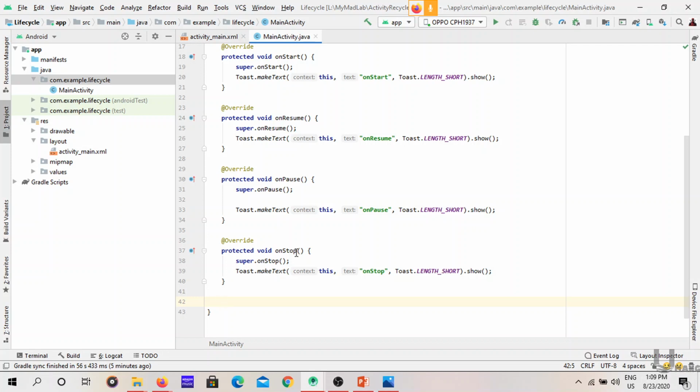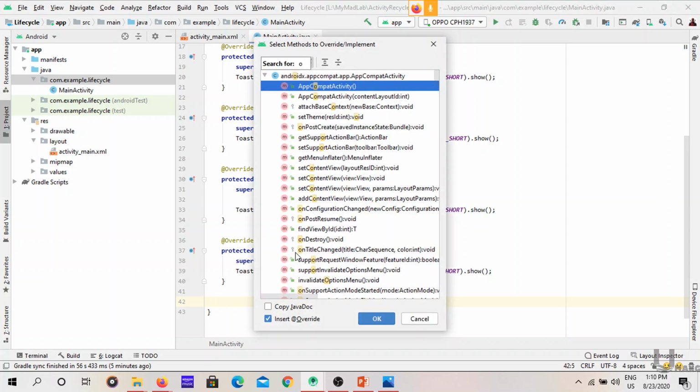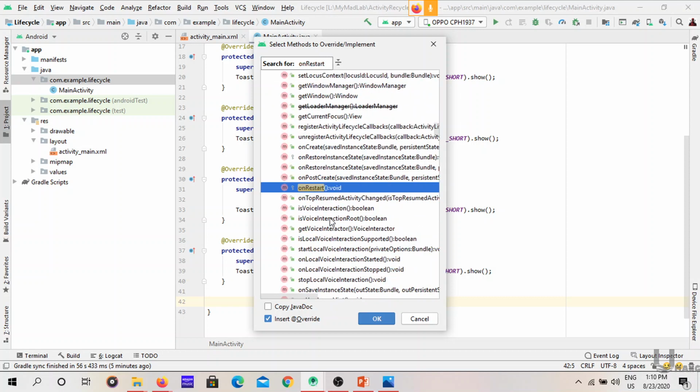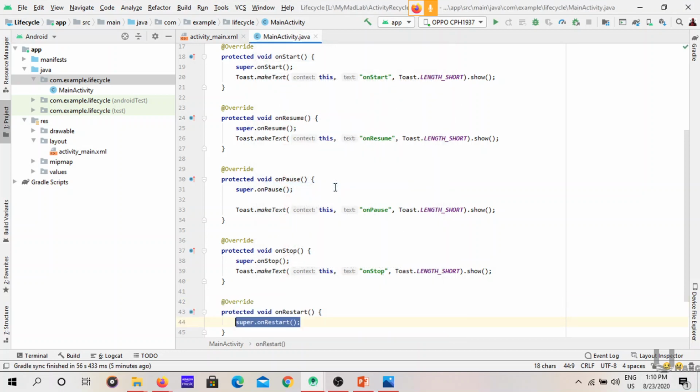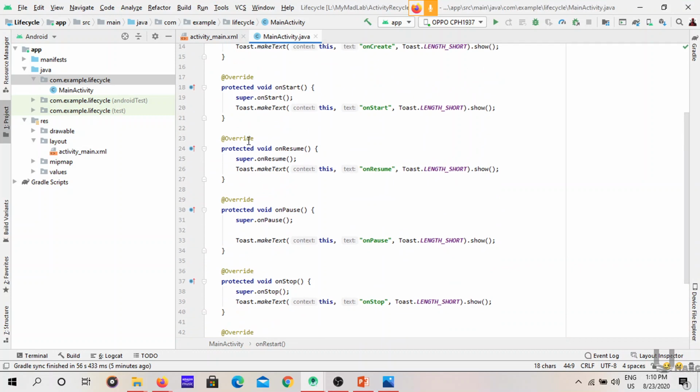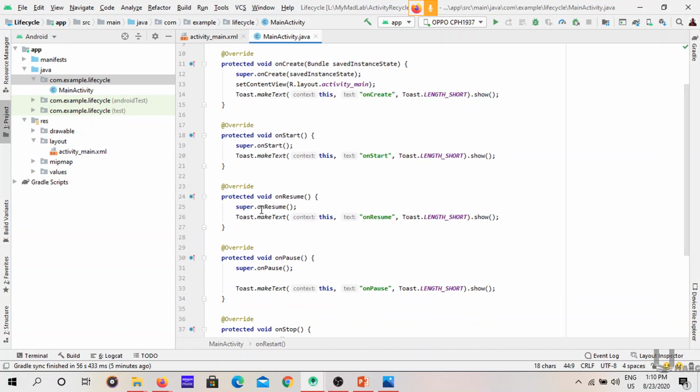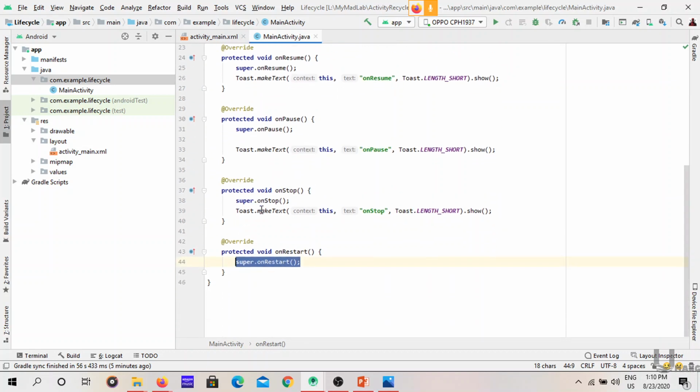If you want to implement override methods, just press Ctrl+O and type on restart. I got this method. These are the override methods. Click on enter. These are also override methods. So everything will override with any other methods. But everyone will get confused when coming to the restart method, because why are we using the restart method when